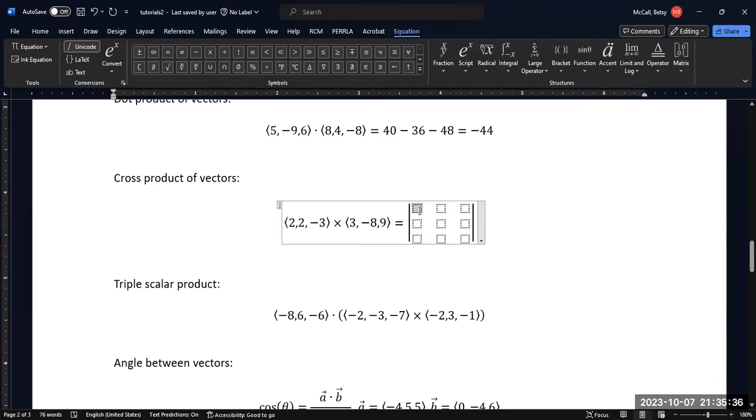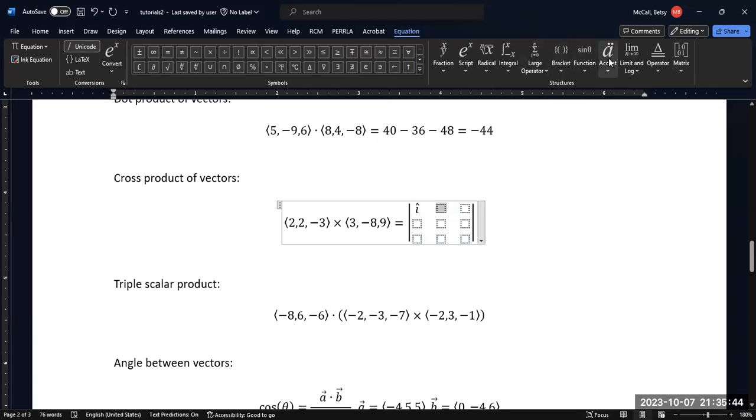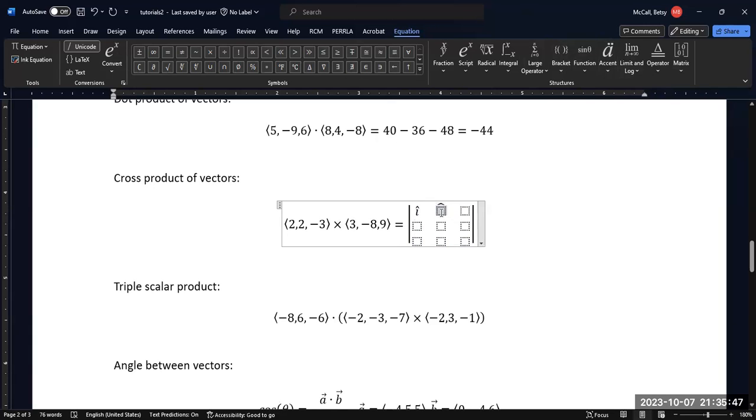The top row are our component vectors. So they are our I, J, and K components. And then our two vectors go in the rows. 3, -8, and 9. And then as we do these calculations, then we are going to get components of the vectors